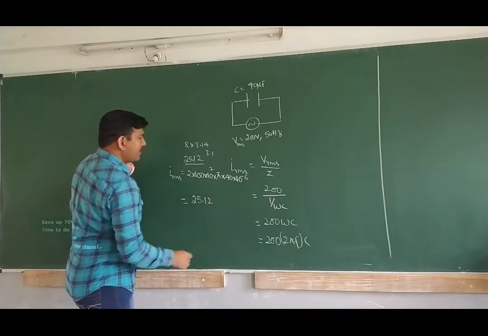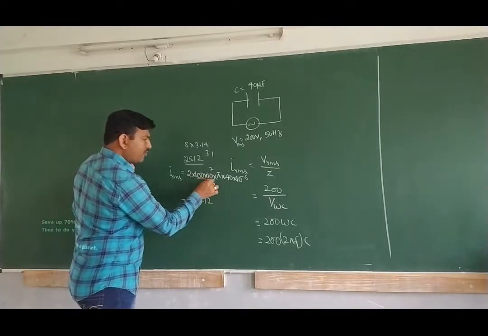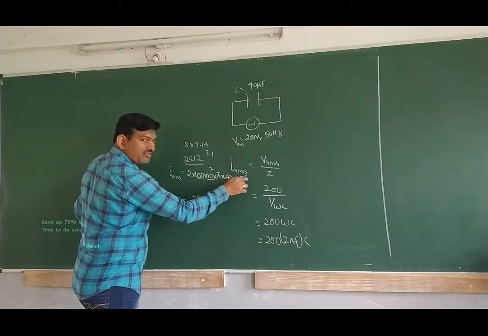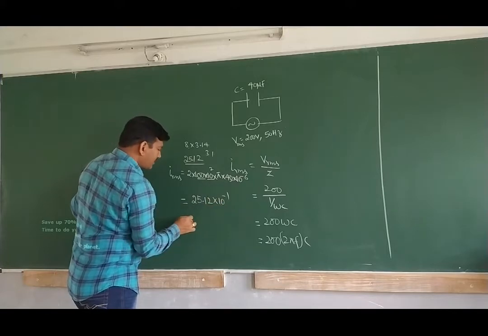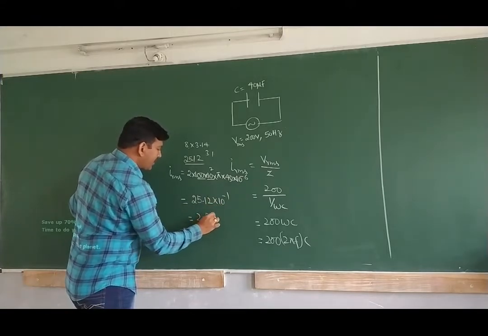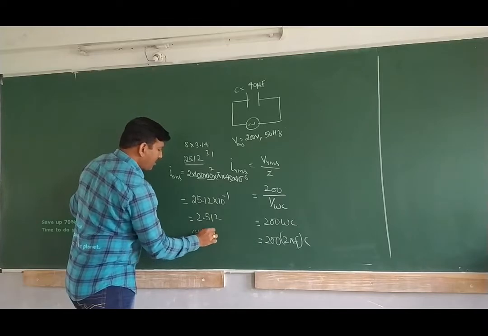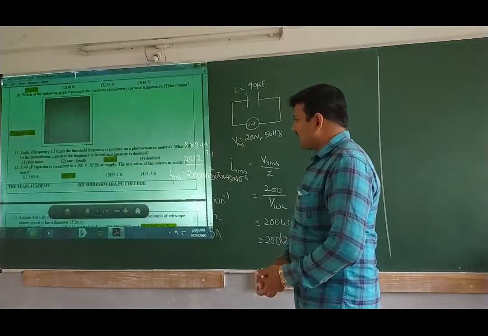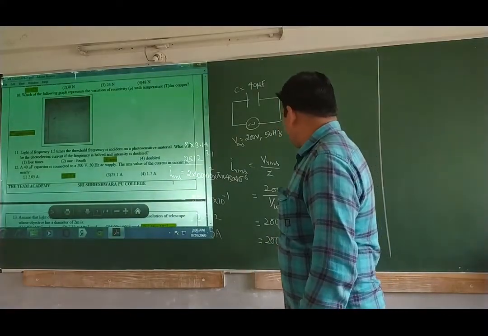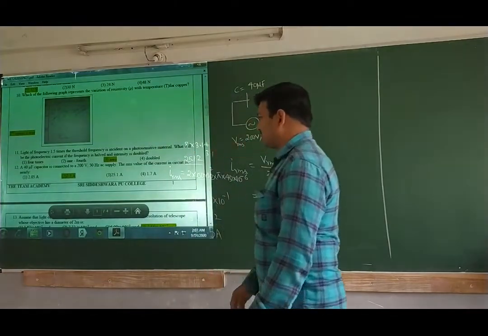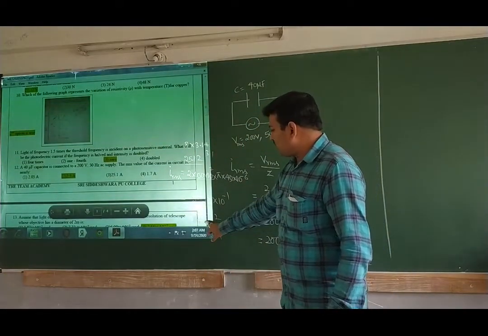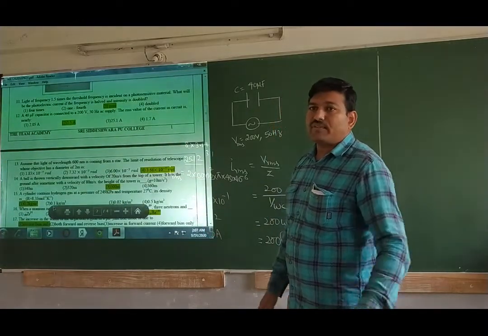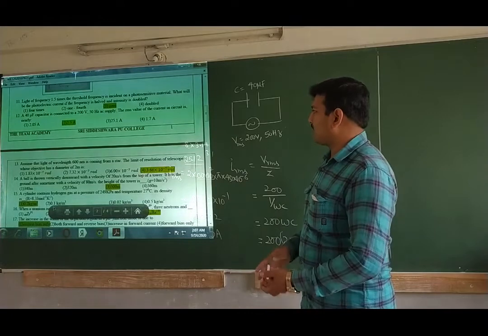25.12 is there into 10 square, 10 power 4, and this is another 10 power 5, into 10 to the power of minus 6. So 10 power minus 1. What is its value? 2.512, approximately 2.5 ampere. Let us check what is the answer given. 2.5 ampere, so the second option will be the right answer. If you do it like this and don't consider the power, there is a chance for us to make a mistake. You may opt for 25.1. So you have to do the proper calculation here.